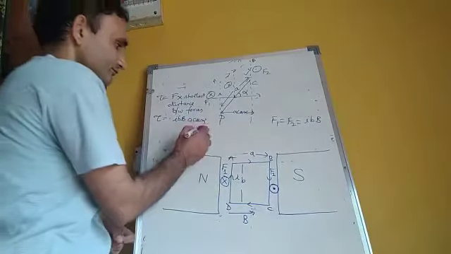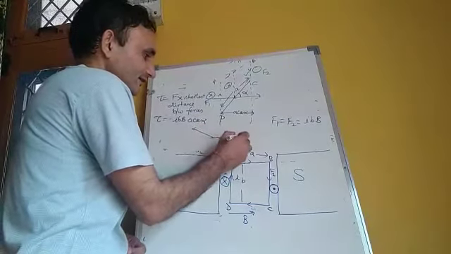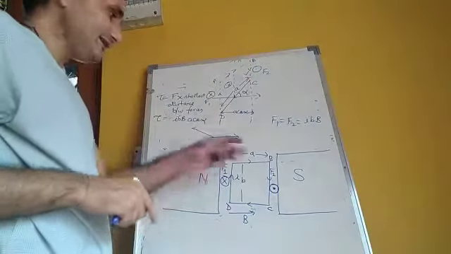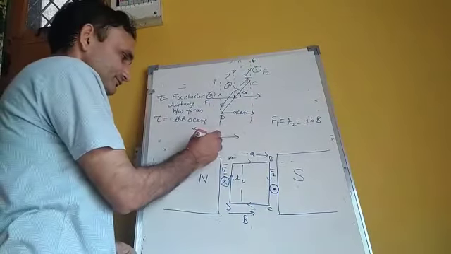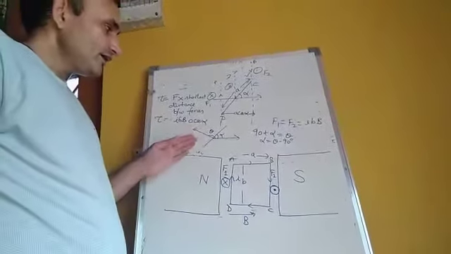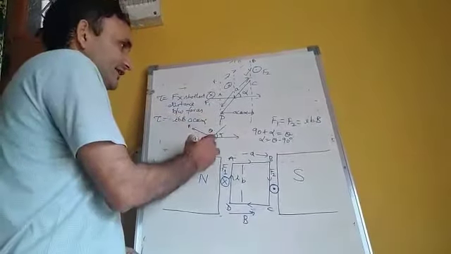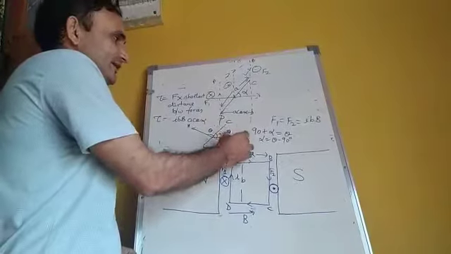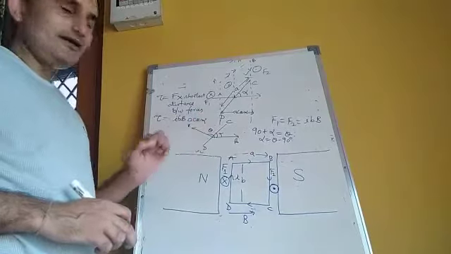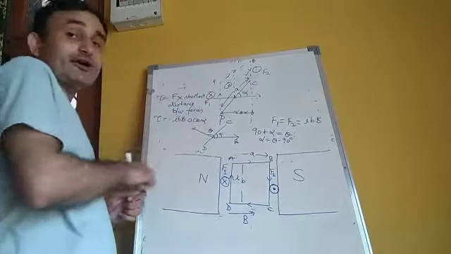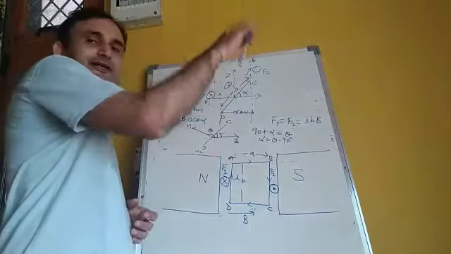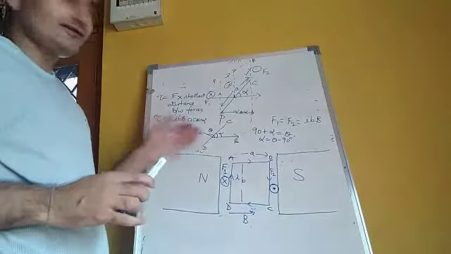Now this is our normal and this is our magnetic field, and we have angle alpha between this side CD and the magnetic field. So this is our side DC, this is our magnetic field. The angle between CD and the magnetic field is alpha, and this is our normal N. Normal is always shown by N. Normal is perpendicular to it but inwards. So this is our normal.